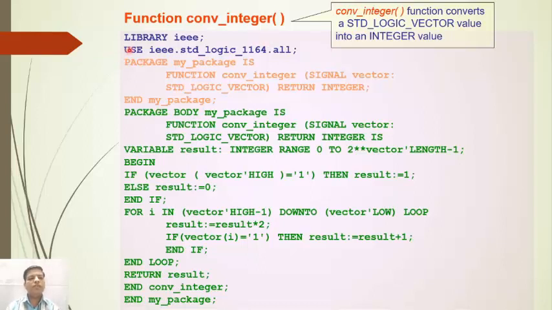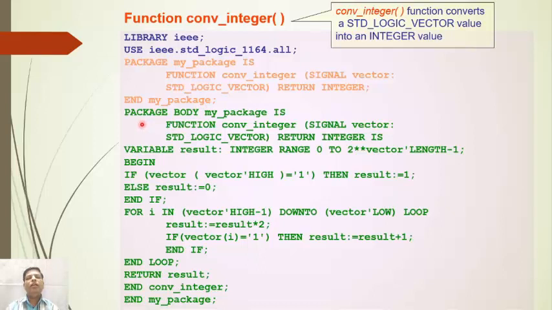So we have written the program: library IEEE; use IEEE.std_logic_1164.all; then package my_package is function convert_integer (signal vector: std_logic_vector) return integer; end my_package;